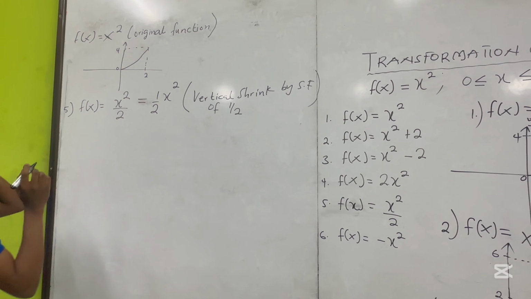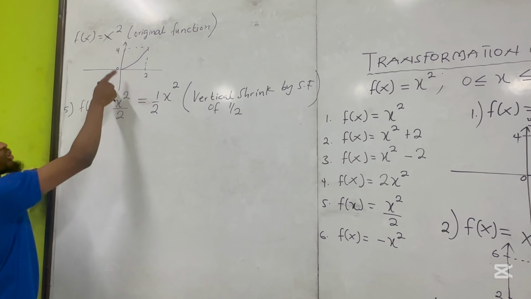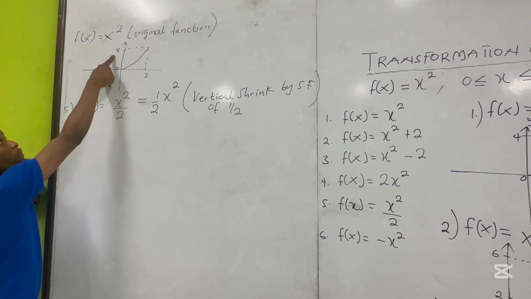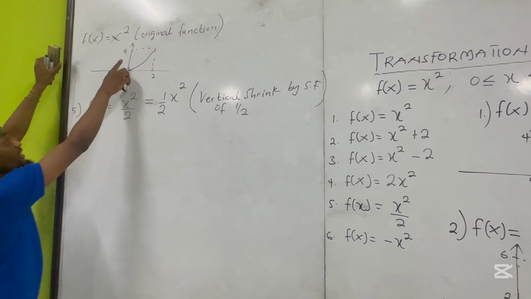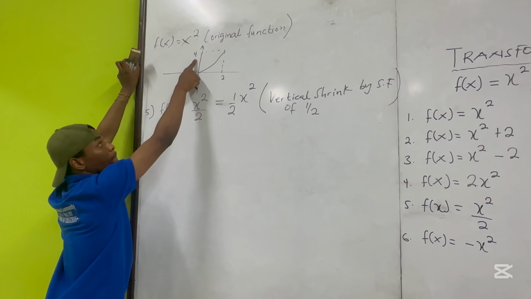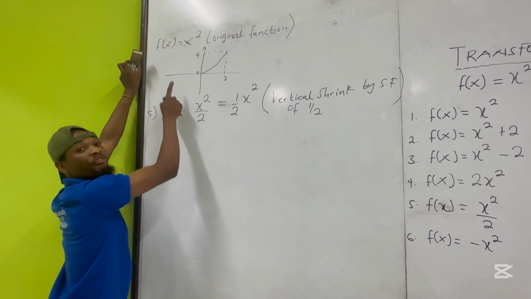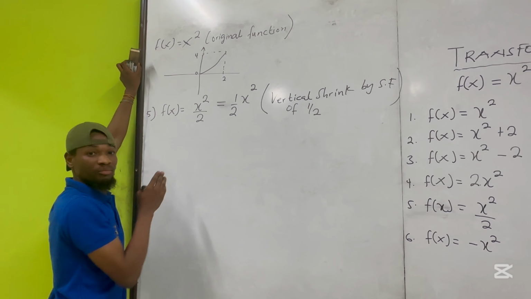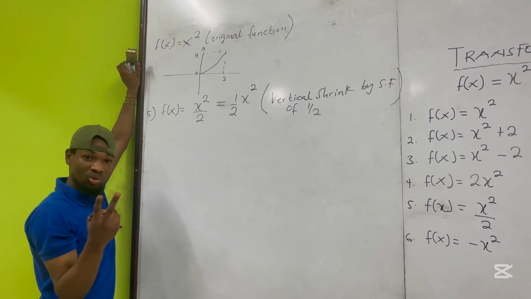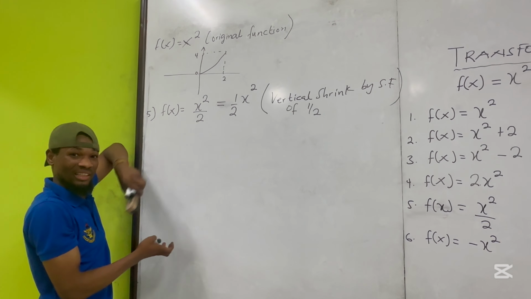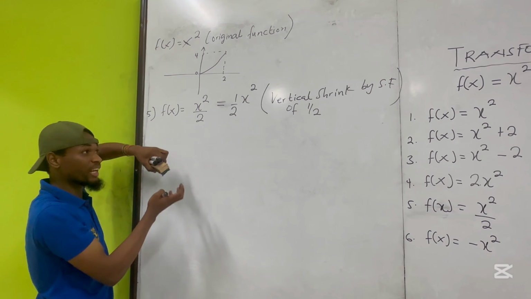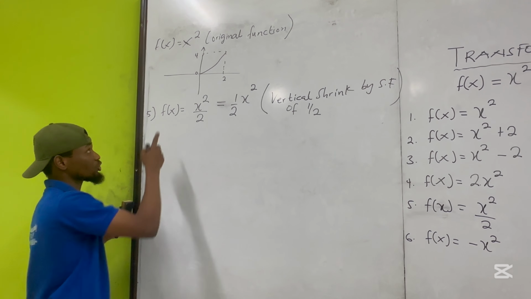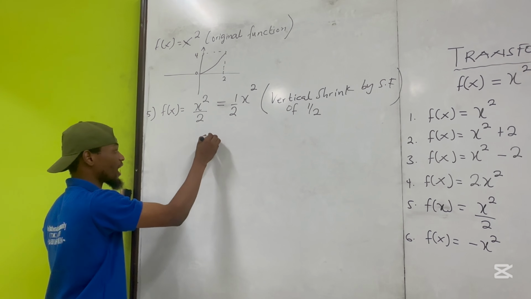Why are we saying shrinkage here? So the original function we have what, 4 over here. Is that also 4? Okay, so since this is 4, we are going to what? Divide 4 by 2 because it's half. So 4 over half is what? It's 2. So are you enlarging it or you are reducing it? You get that? So you are reducing it, that's what you say, what? You are shrinking it, okay, or compressing it. So as a result of that, the graph becomes